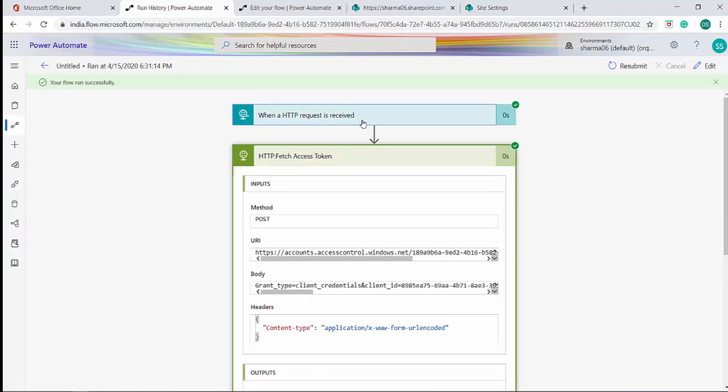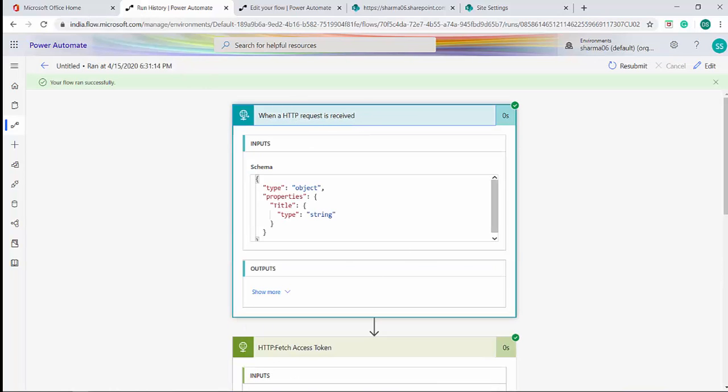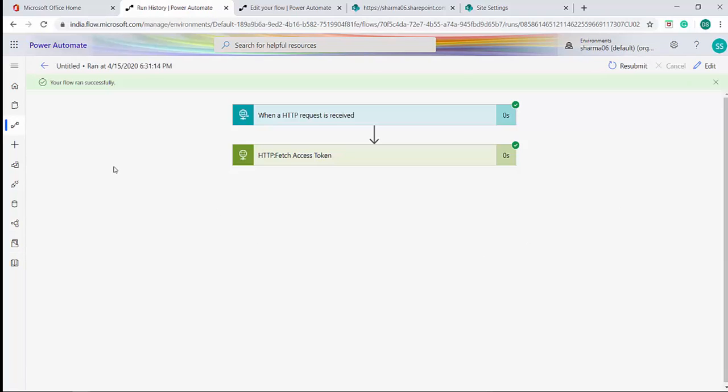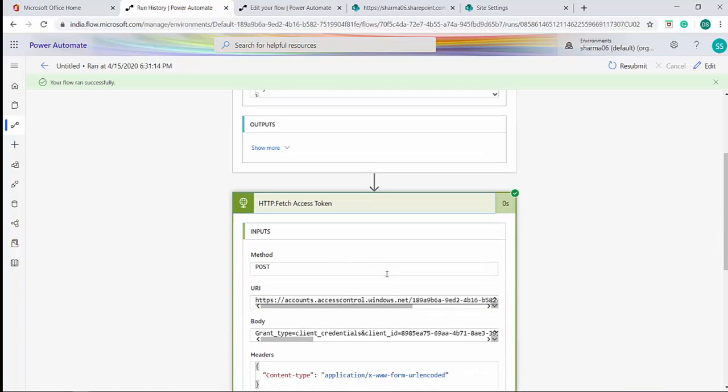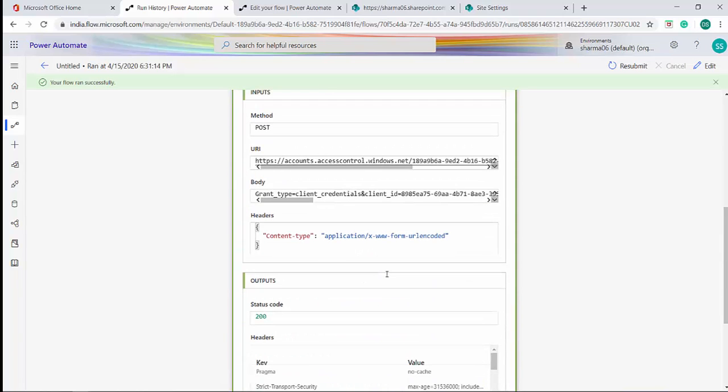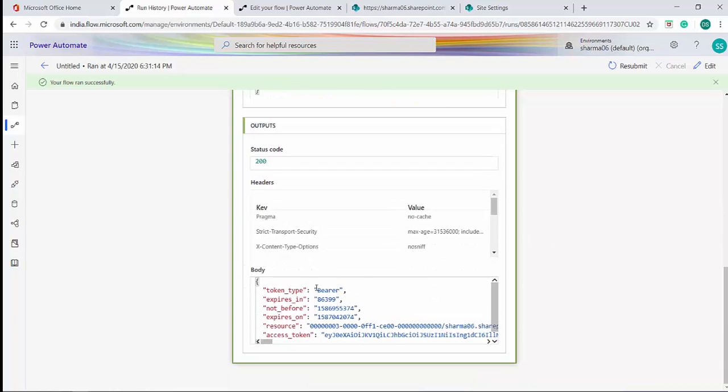This is my instance of the flow which got run. I will expand it. You can see it got successfully completed. It successfully gave me the access token. I will use this access token to create a list item in SharePoint using REST API, and through the access token we will authorize our request. This is the output which it is giving us.